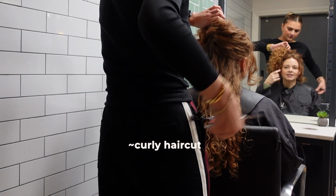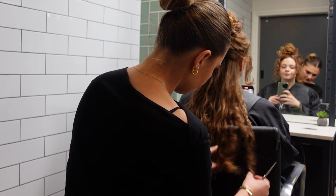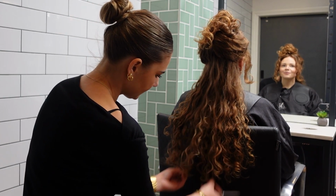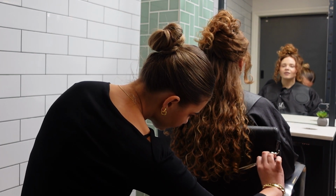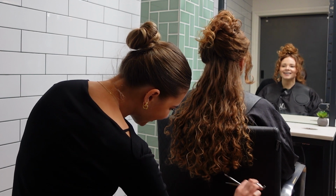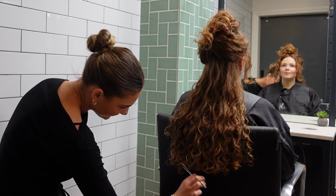So to start off with, Fran is sectioning off the underneath part of my hair. So this is the length of my hair, so there's no layering in this part of the hair. So she's basically just cutting all the straggly ends off, adding some shape back in, and you can see that she's cutting kind of like a rounded shape. I just love watching this because I just think it's such an art. She really just cuts the whole cut freehand,